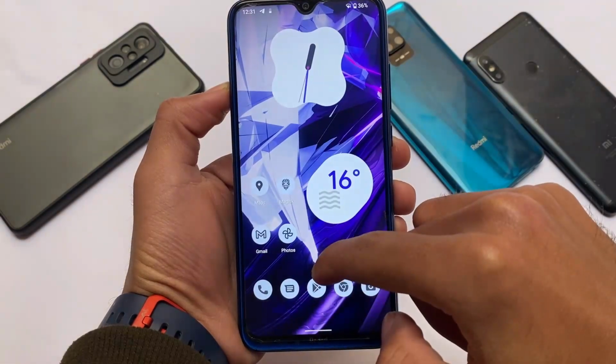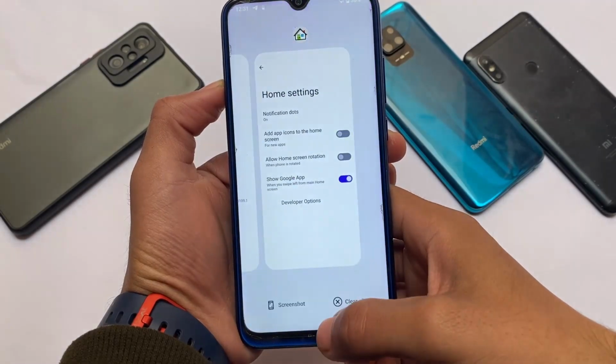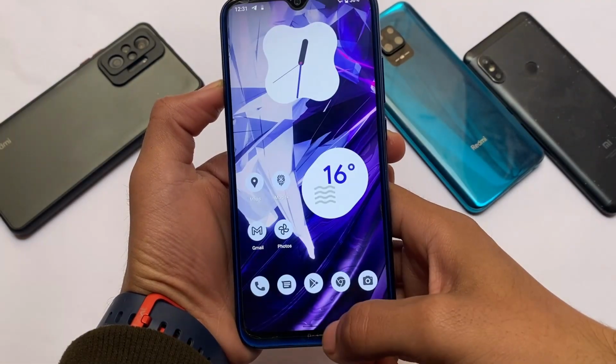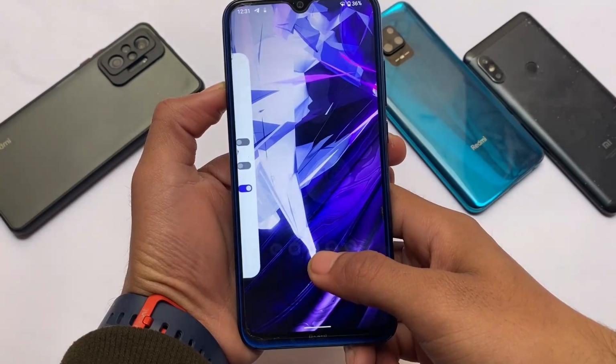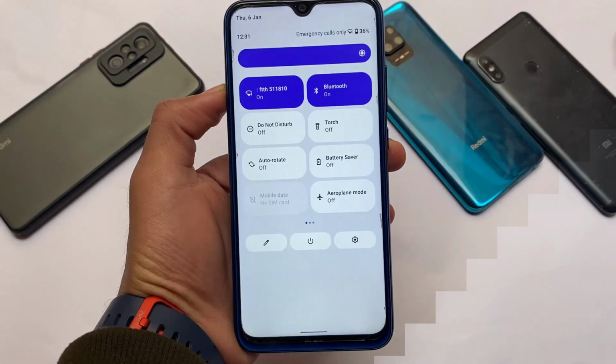Wait, let me show you by moving into the Recents tab like this. If you're able to see some new animations in the Recents, it looks quite good and quite fast. And this is what you can do with this default launcher. And yes, it's a very good replacement for Pixel launcher as of now.